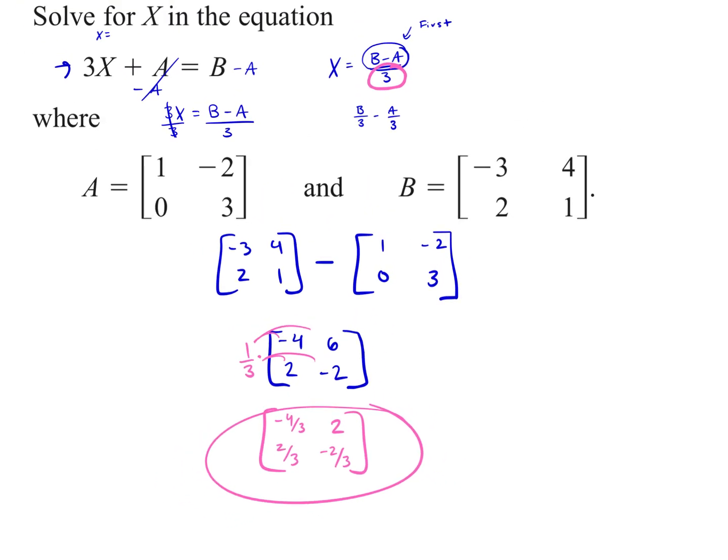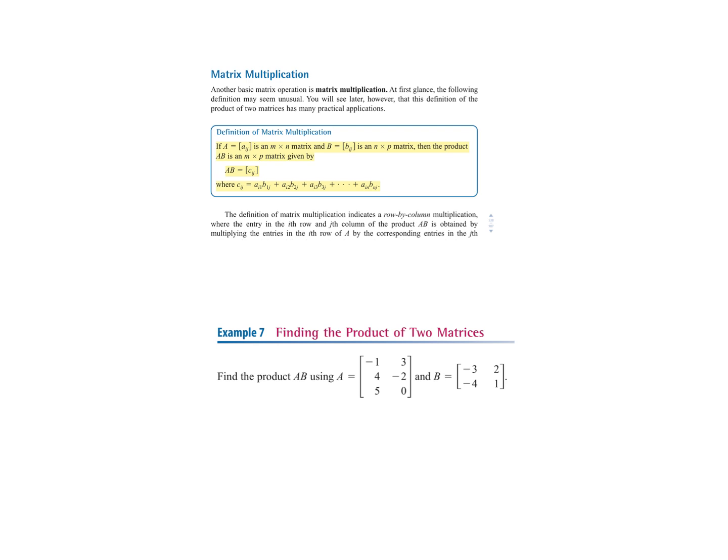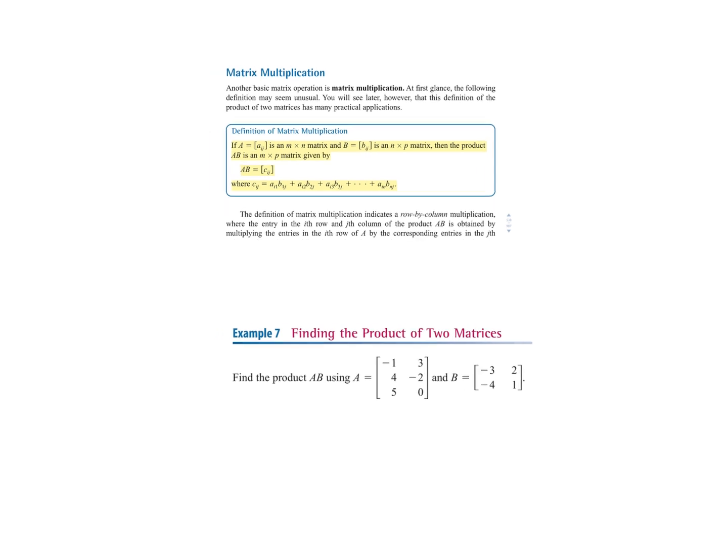So you always want to solve for x first. Then take whatever x equals and you're going to plug in your matrices from there. So we had to do b minus a and then divide by 3 or multiply by 1/3. Next, we're going to be multiplying matrices together. When we multiply matrices,